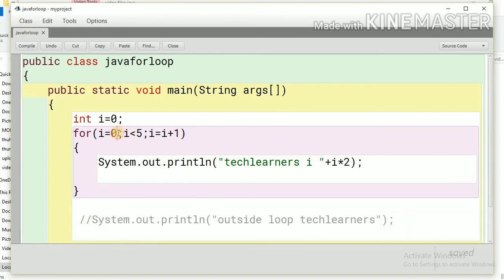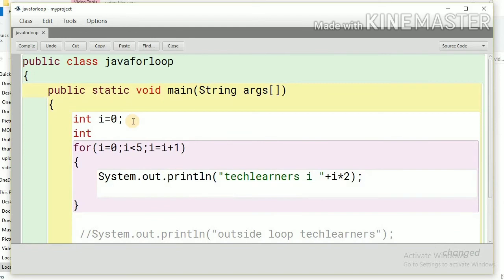Can we use multiple assignment statements here? Let me show you. If we have two variables, we can separate the assignment statements by comma. So we can use multiple assignment statements here.